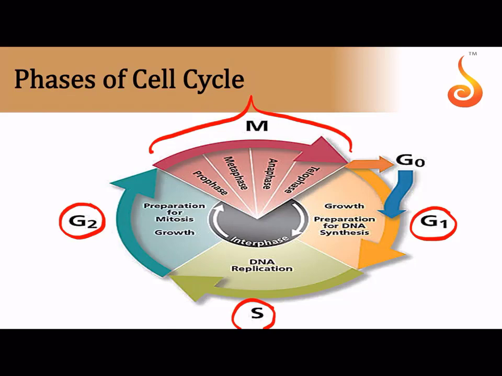Sometimes a cell exits the cell cycle and it gets temporarily arrested in a phase called the quiescent phase, that is G0, when it gets differentiated. For example, so remember this G0 is called the quiescent phase. It is for example, our heart cell has decided not to divide, so it has now temporarily become suspended in a different phase, that is called the G0 or the quiescent phase.